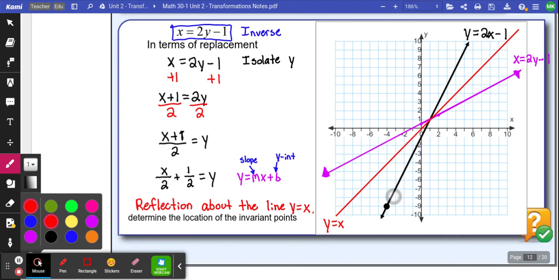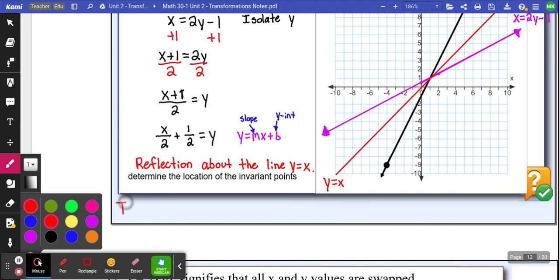Awesome. The last bullet there on the bottom says determine the location of the invariant points. Invariant. Right? Vary means change. Invariant means doesn't change. So which point does not change? 1, 1. The reason it doesn't change is because that's where y and x equal each other. So if you swapped 1 and 1, it would still be 1 and 1, right? So the invariant point is the point 1, 1